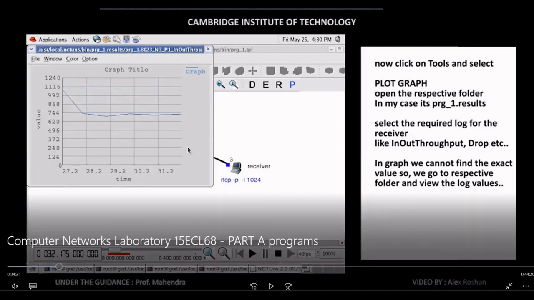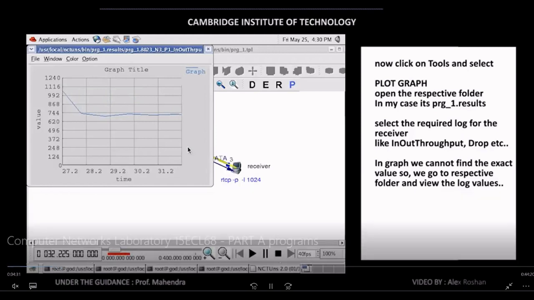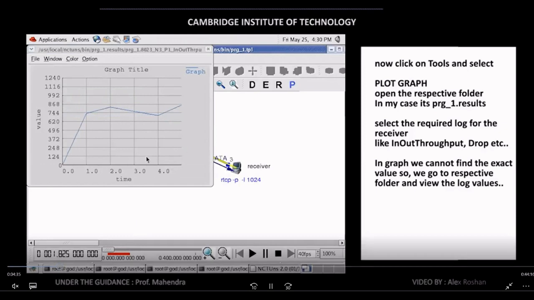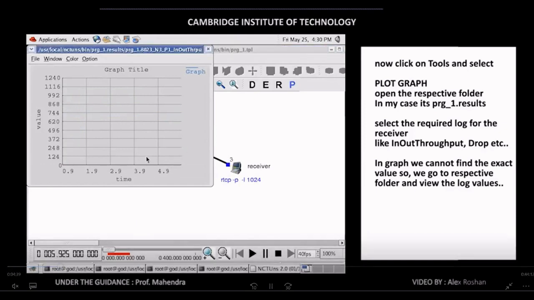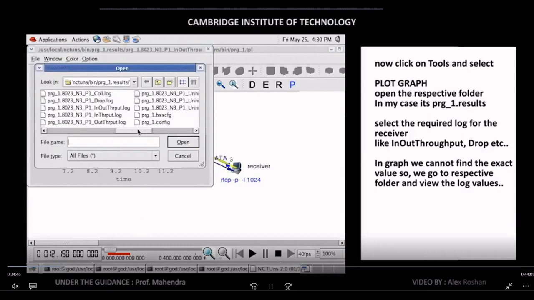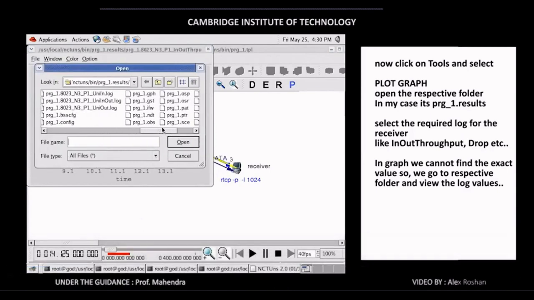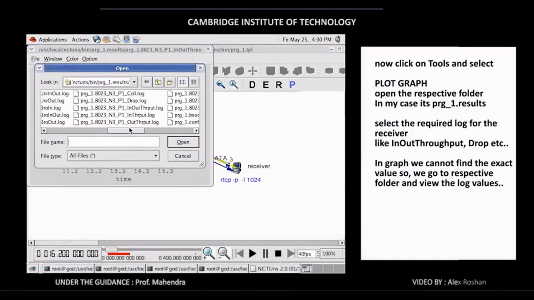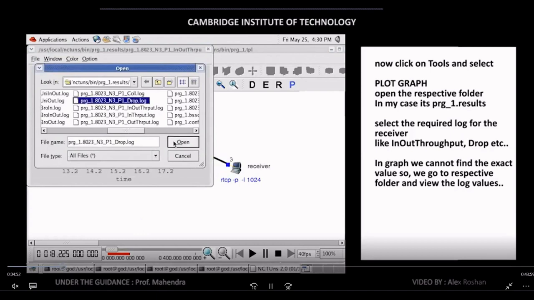There 744 packets are sent, or some packets are sent. So you can analyze these particular things. Initially 0 packets, later it went on with good packets. And you can save this graph, take a screenshot of it, and paste it in your record. And you can analyze the drop also.